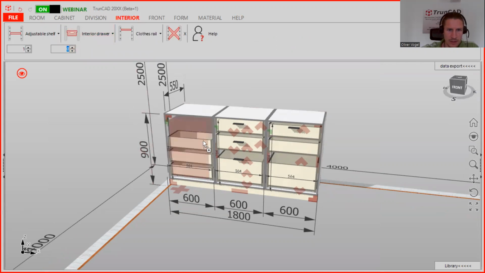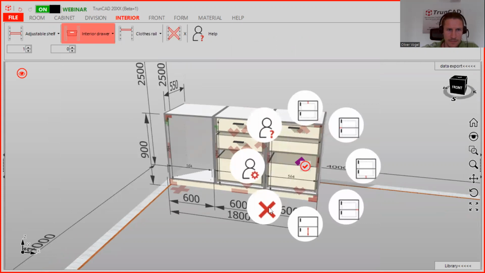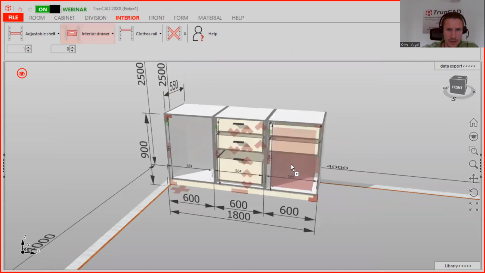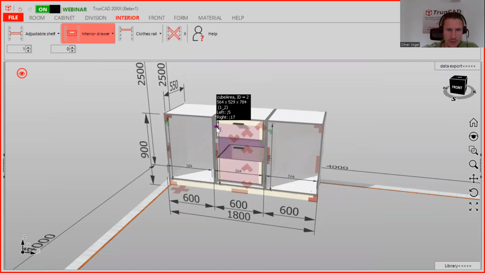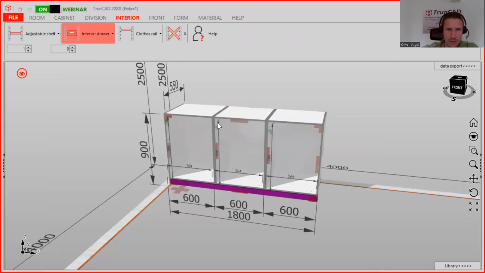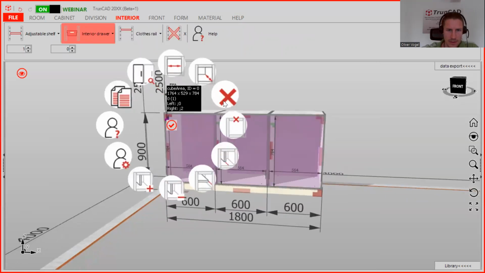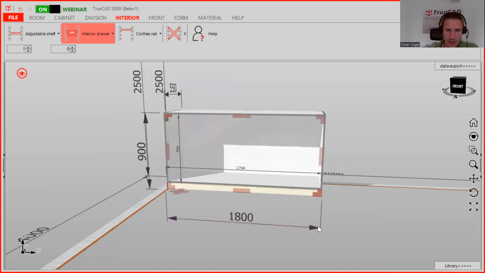You can delete everything, how I showed you. You can click it, delete it here step by step, or here the interior. So also here, this, you delete this, and you type in your